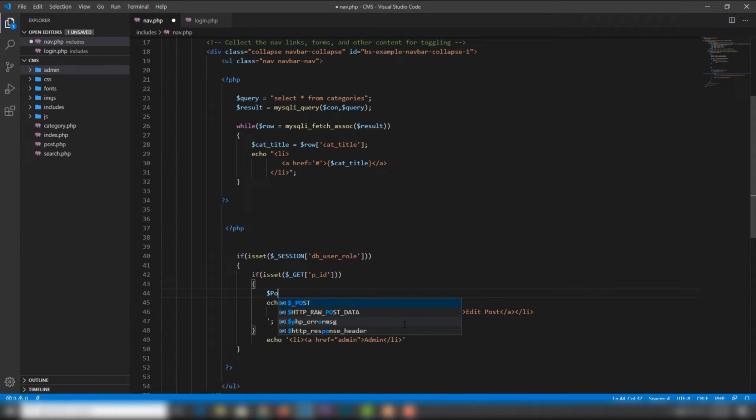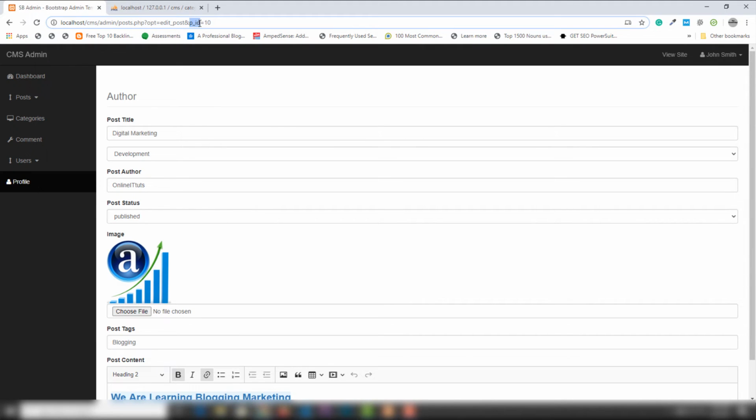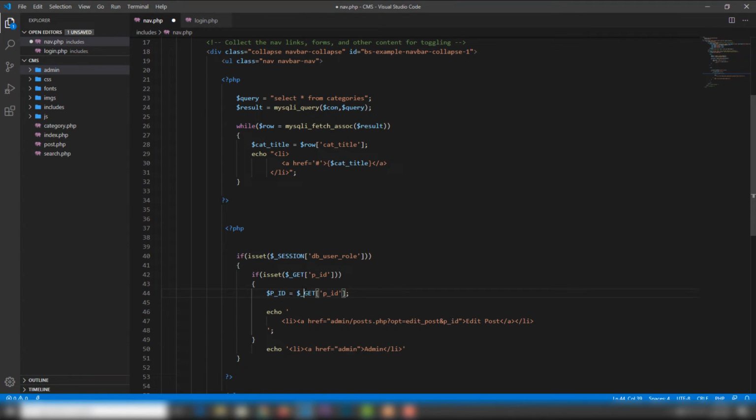I'm going to use post ID get. I'm going to use PID. This is my local variable, and we need to get the ID from the GET variable with the name of PID. I'm going to show you the PID. This one, this is a GET variable. So you need to assign this variable value with this one variable. So you need to copy that and just assign this one